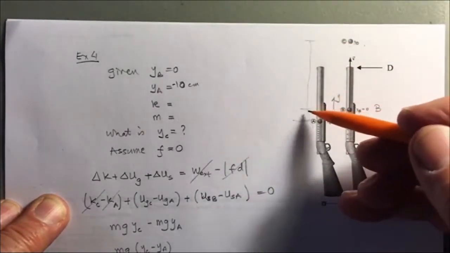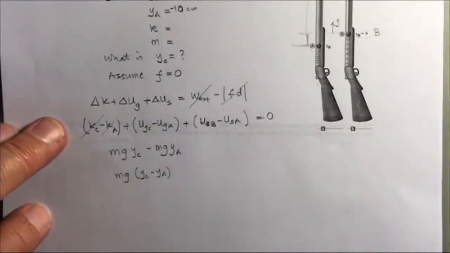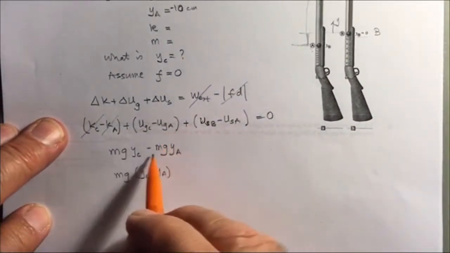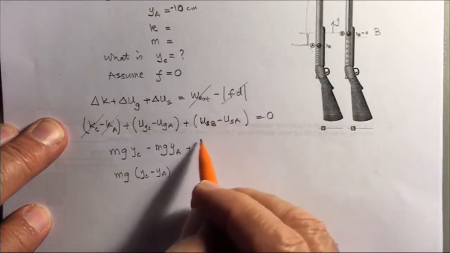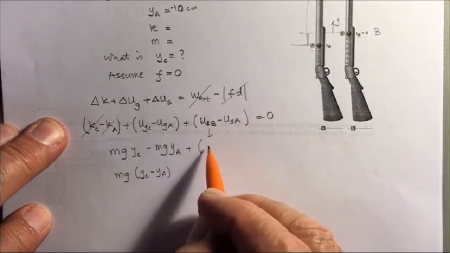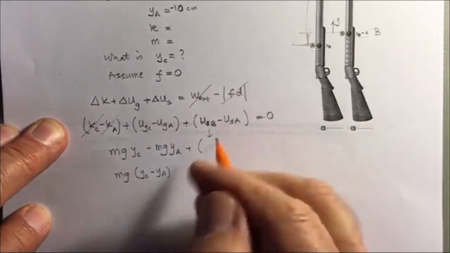So it's going to be this distance plus this distance. So that's this term, plus the spring at B is going to be 0,